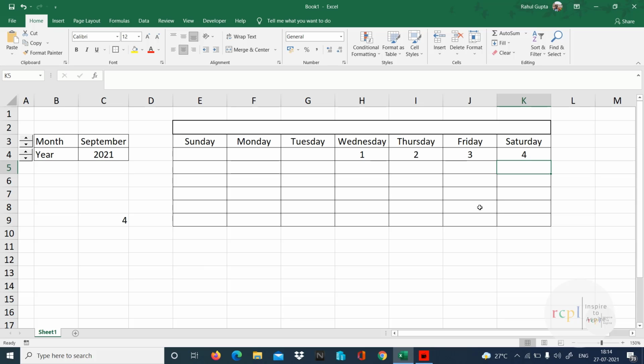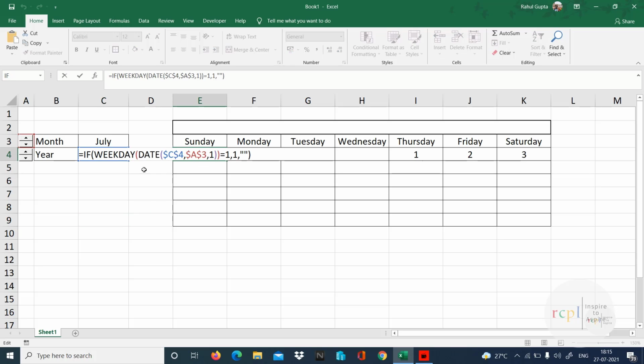So these are the changes which I have to do. Now finally the first week is ready to work on. Now just change the values. If I make it August, you can see from Sunday starting till 7th is the last. If I go July, it starts from Thursday. If I go June, it starts from this. So main concern was the first week, and that I have done.